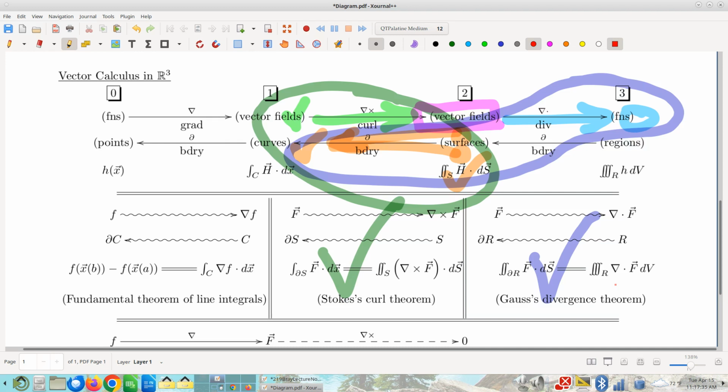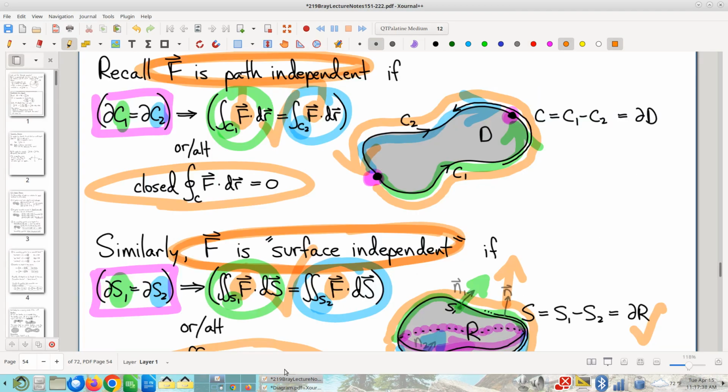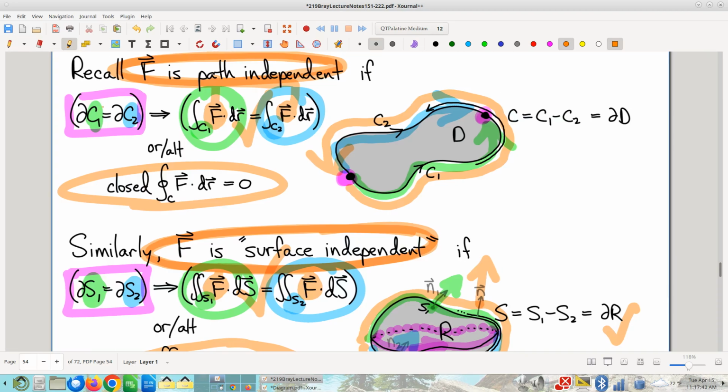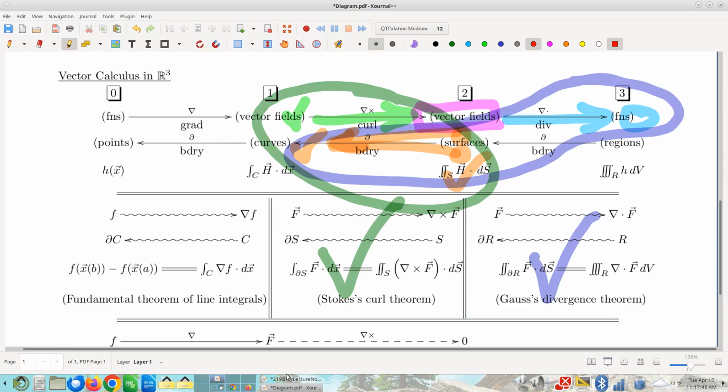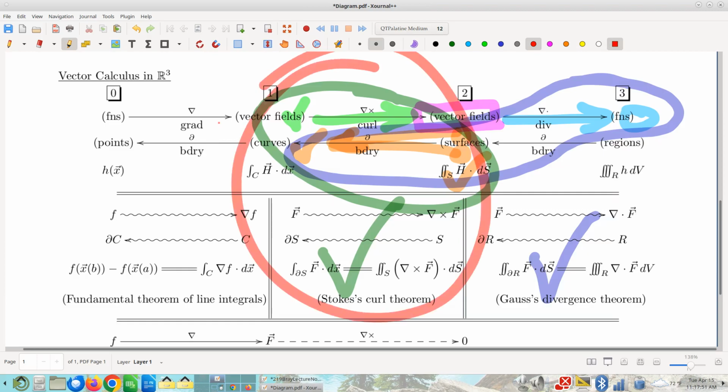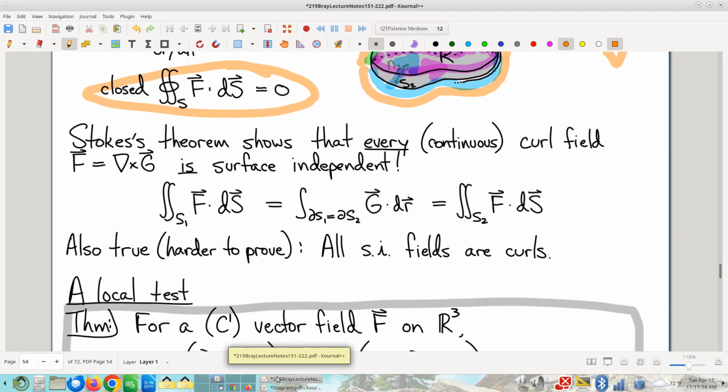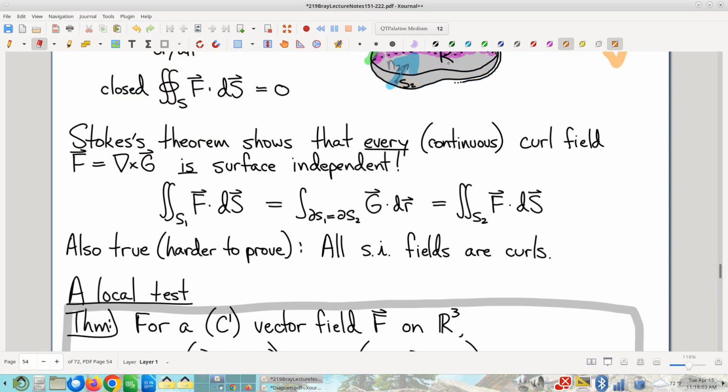So let's see this in action. Going back over to here, first thing I want to show, let's look at these dark green. How do I show that every curl is surface independent? It says here I'm supposed to use Stokes' curl theorem. Indeed, Stokes' theorem totally does this for us. Let me get rid of the clutter. If we have a curl, if that's a curl,